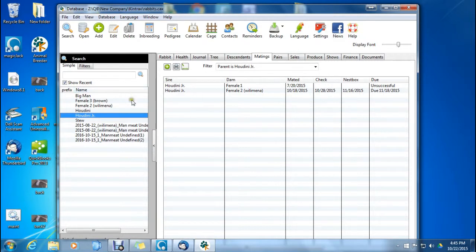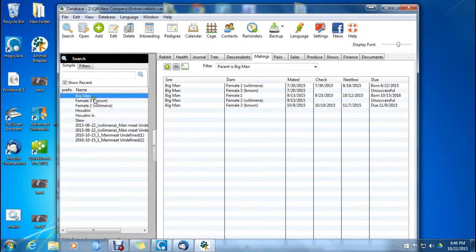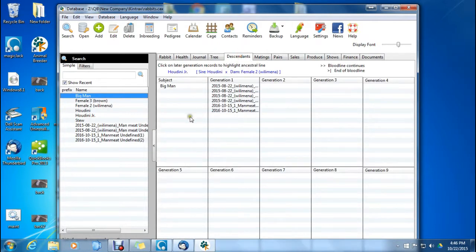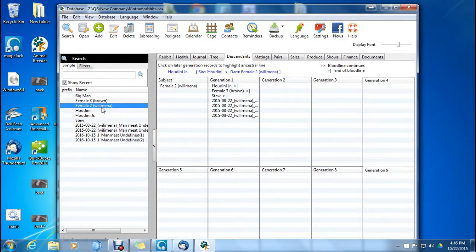So trying to keep that line going. This really helps because we can look and tell that we can get in here and look in Descendants and you can tell who's related and who's not. So we know Houdini Jr. or Female 3 are related, but